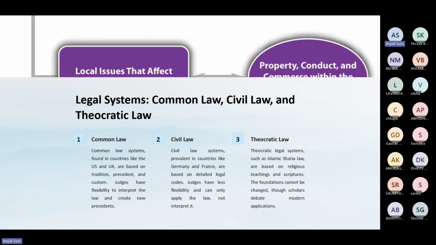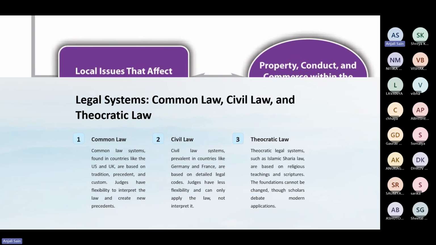Civil law is prevalent in countries like Germany and France and has detailed legal codes. जहाँ पे detailed legal codes होते हैं and judges have less flexibility and can only apply law, not interpret it. ठीक है? Civil law के cases में क्या है कि